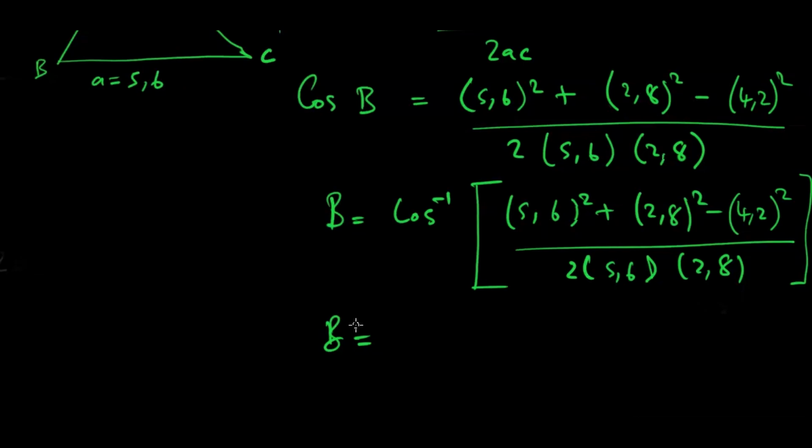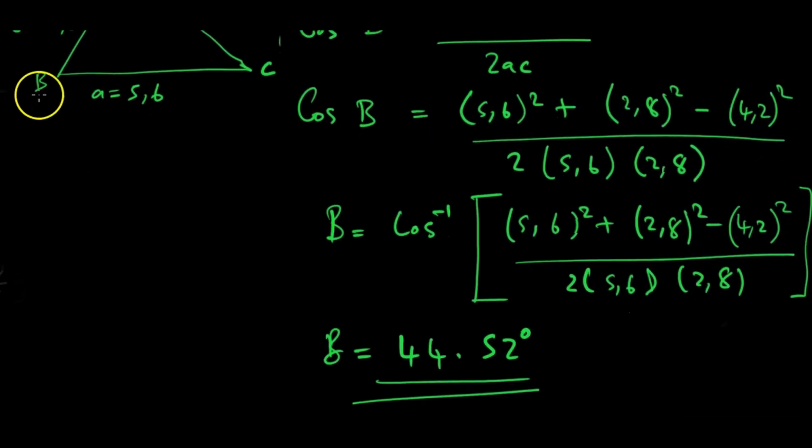Saka b ngeri equal to, rekai ndiise expression iyo. Saka it's 5.6 squared plus 2.8 squared minus 4.2 squared dividing 2 multiplying 5.6 times 2.8, tukwana an answer of 44.5234956373, which to 2 decimal places is simply 44.52 degrees. Saka tadai, so that will be our answer pa b panapa, 44.52 degrees.